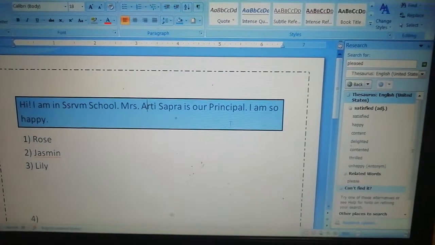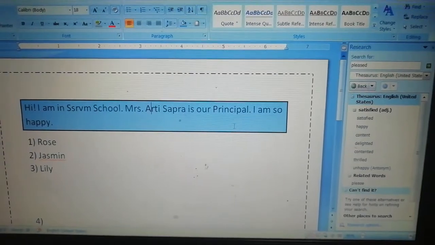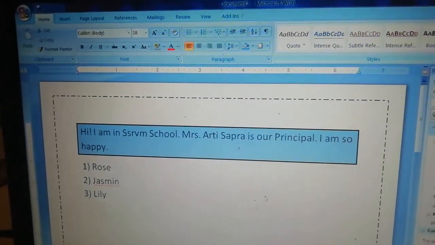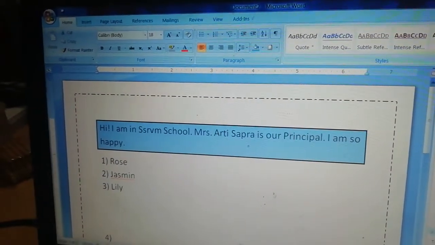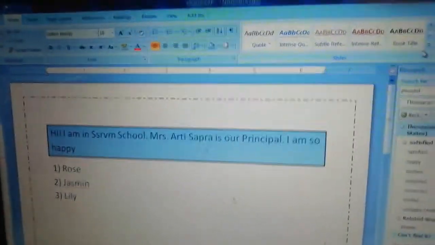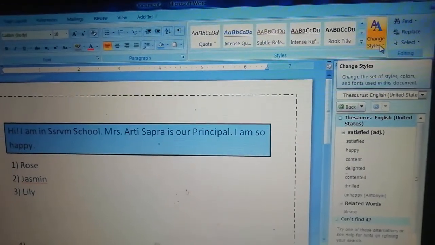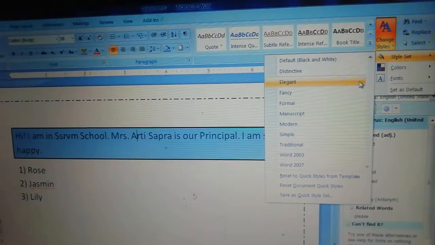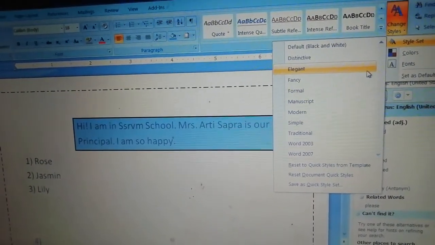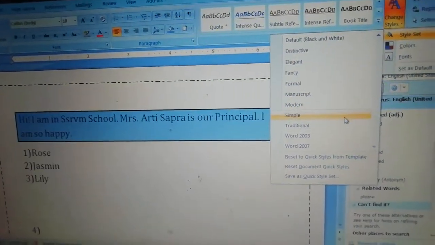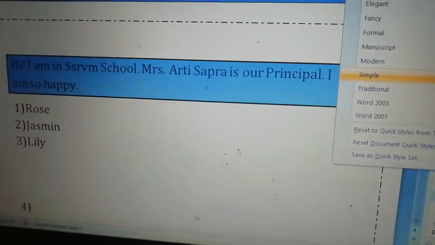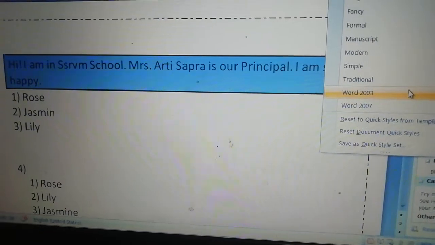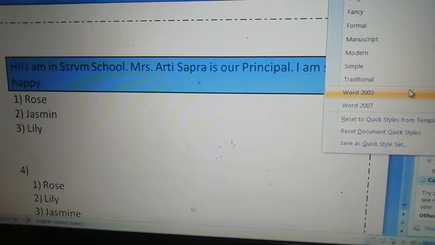Now after style we have style set. Style set means it's a combination of title, heading, paragraph style. Where can we see this? In Change Style. Can you see this Change Style? In Change Style there is a style set. Just observe our selected text, it's changing not only appearance but colors, background, heading, all things.